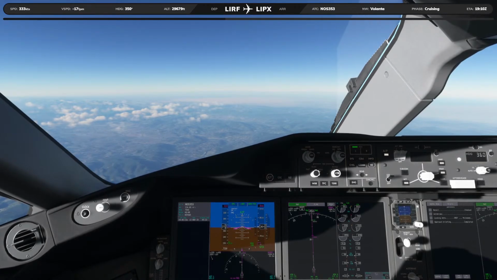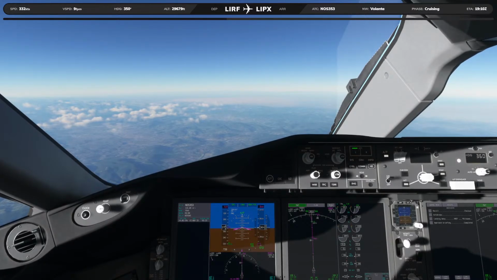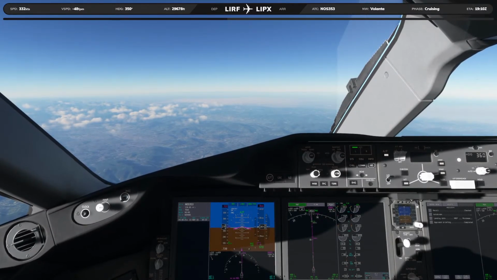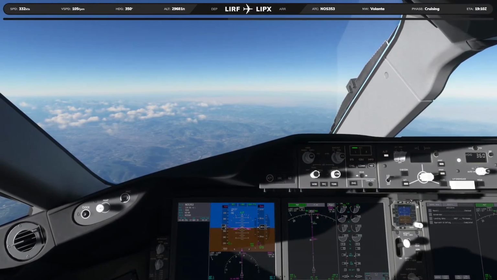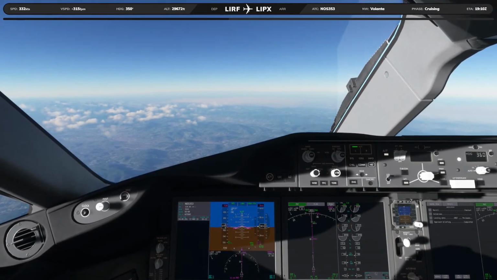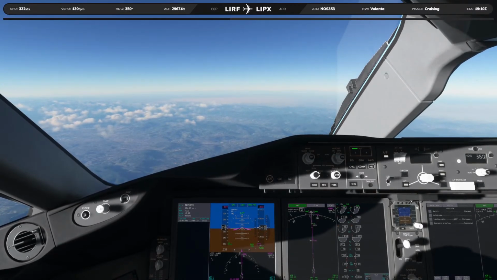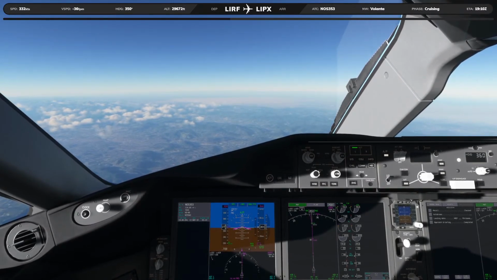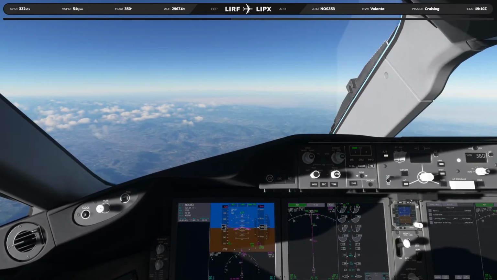So, yeah, the reason I do more X-Plane content is not just because I have the affinity for the sim, but also because many content creators have abandoned X-Plane. And as an advocate of the hobby and as an ambassador for flight simulation, I can never do that. I can never abandon one sim for the other. Maybe I'll lean more towards X-Plane just because there aren't that many people creating X-Plane content.